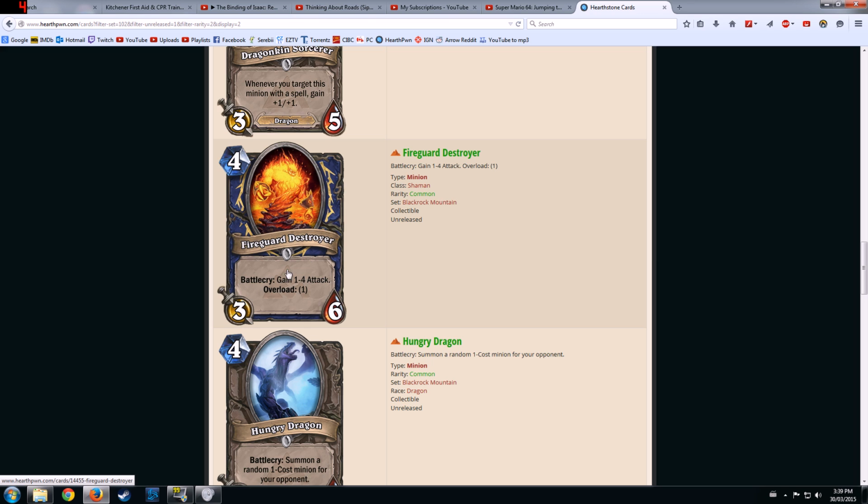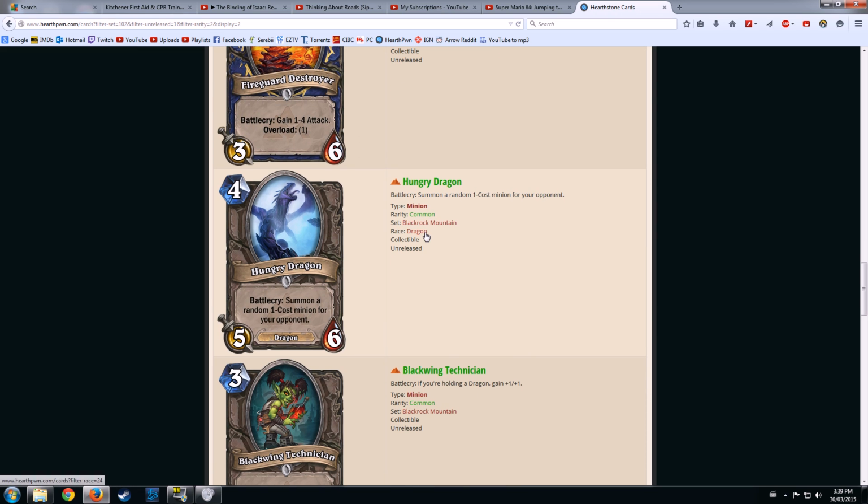Fireguard Destroyer. Battlecry, gain 1-4 attack. That's awesome. Yes, it could push it into Big Game Hunter range. Yes, it can push it into Shadow Word: Death range, stuff like that. But I mean, if your opponent can't deal with it, you got a 7/6 on turn 4, or possibly turn